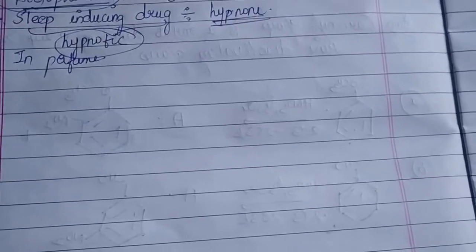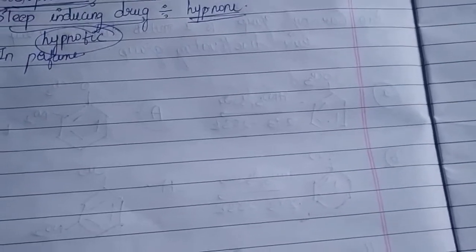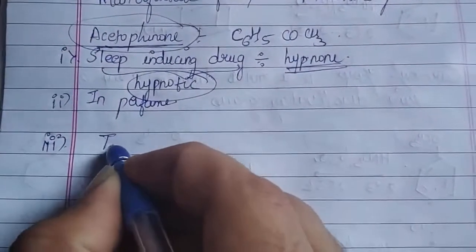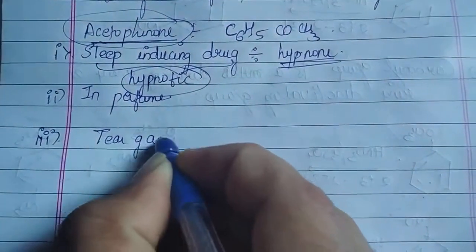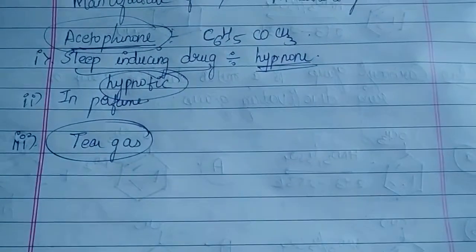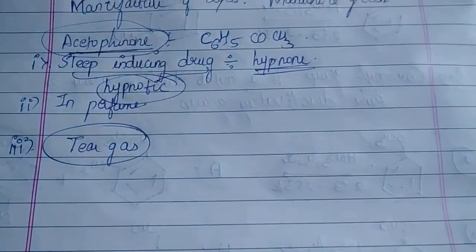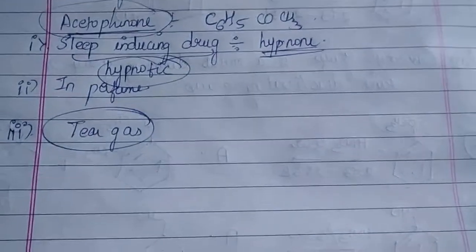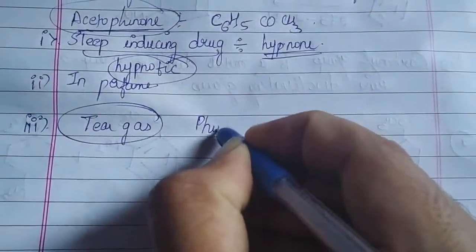course, we have seen tear gas. The same tear gas which the police use to disperse the mob. The curfew strike, if that becomes very, very violent, in certain cases they will be using tear gas. To manufacture tear gas also, this acetophenone is very much important. Why? Because one of the major components of your tear gas is your phenacyl